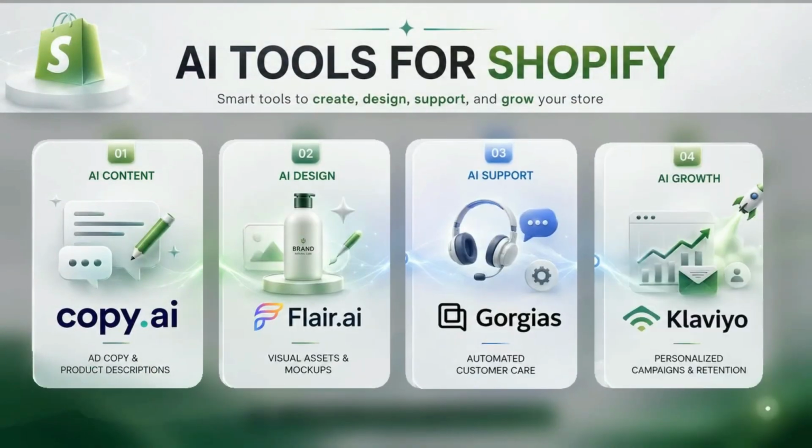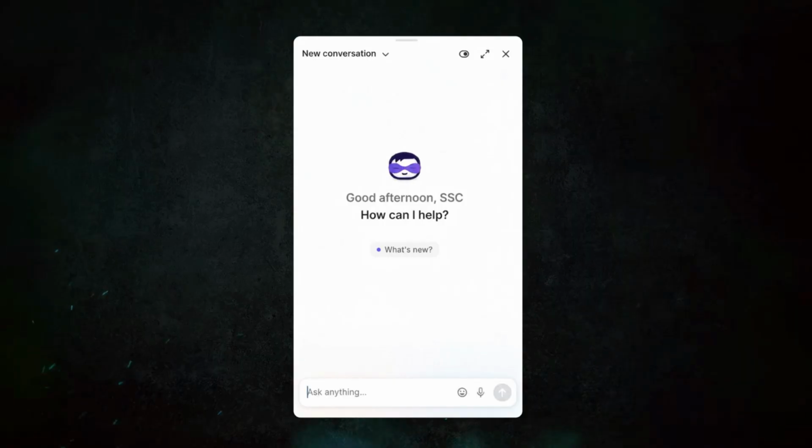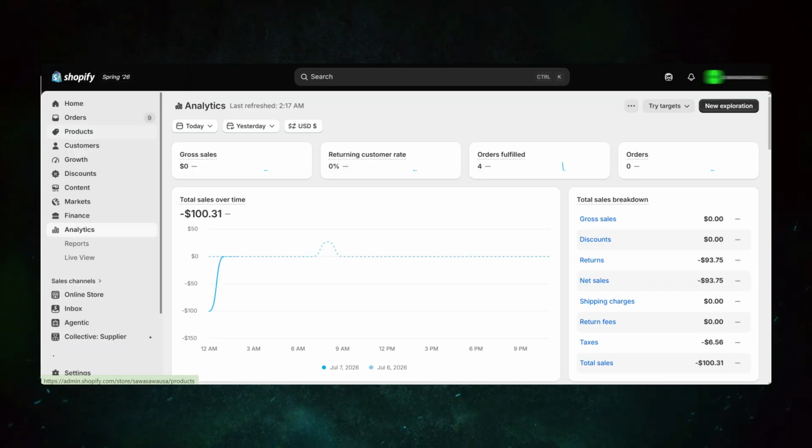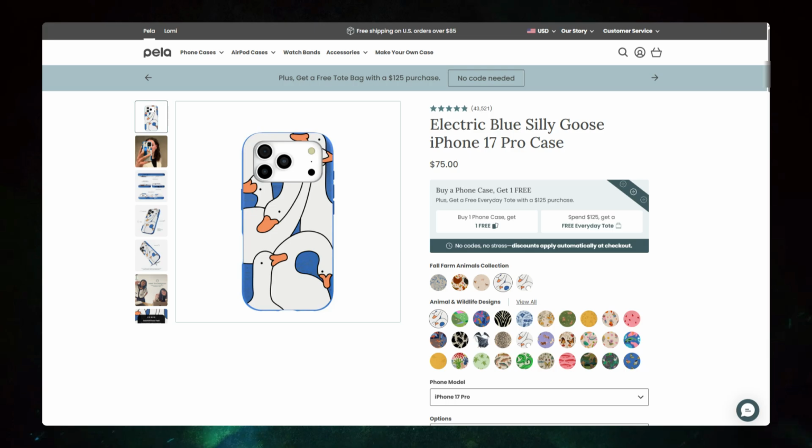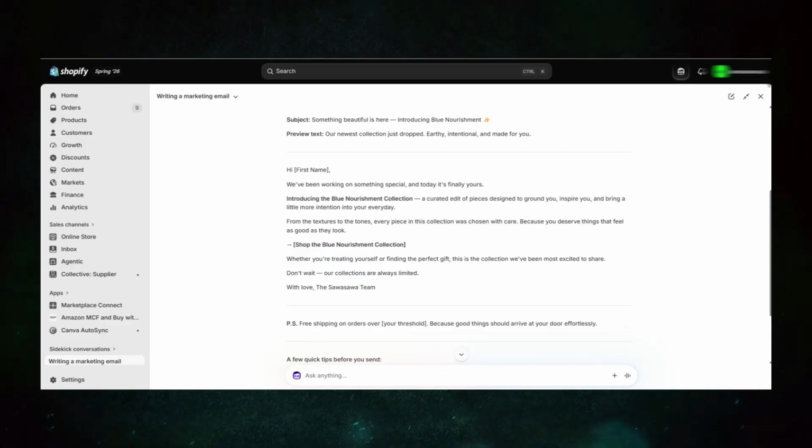Most Shopify store owners are paying for AI tools they don't actually need. Shopify already gives them one of the most powerful AI assistants for free, and most sellers barely use it. It's called Sidekick, and it can analyze your store, improve your product pages, build promotions, write marketing emails, and even